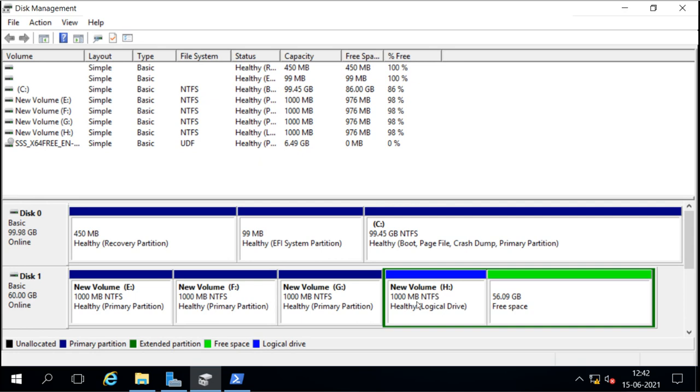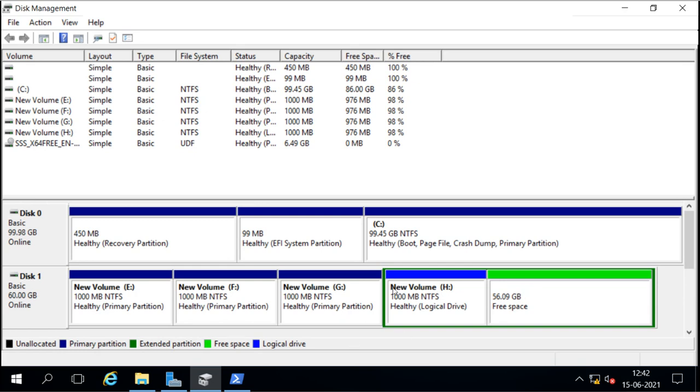And we can see the color here, and this is the logical drive. And then under that extended partition we have 56 GB remaining, and we can use this 56 GB to create the logical drives. Now we can create n numbers of logical drives. So this scenario is available in MBR so that we can create more than 4 partitions. But basically it is only 4 partitions.